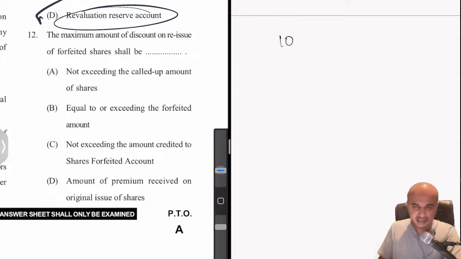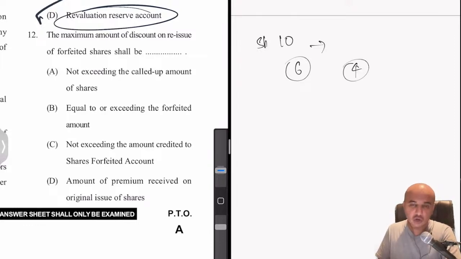Let's say a share of a company is valued at 10 rupees face value and the issue price is also 10, issued at par. Now let's assume for a second that someone has paid 6 rupees, and that person did not pay the call money of 4 rupees. A couple of calls, first call, second call, everything included 4 rupees. They have already paid application and allotment, 6. Because that fellow did not pay, let's assume that they have 10 shares. They only paid 10 into 6, 60 rupees. They did not pay the remaining 4 into 10, 40 rupees. Now their shares are forfeited.